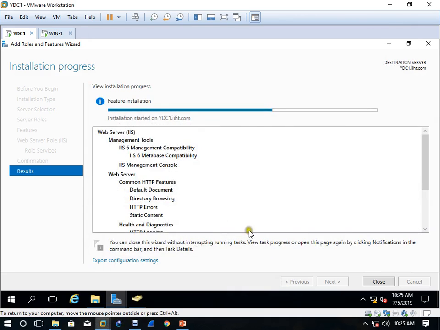Okay, and keep in mind what I told you here. You need Active Directory, you need DNS, and you need a public IP address to host it. Because when people access it on the internet, they need a public IP address. C'est bon?